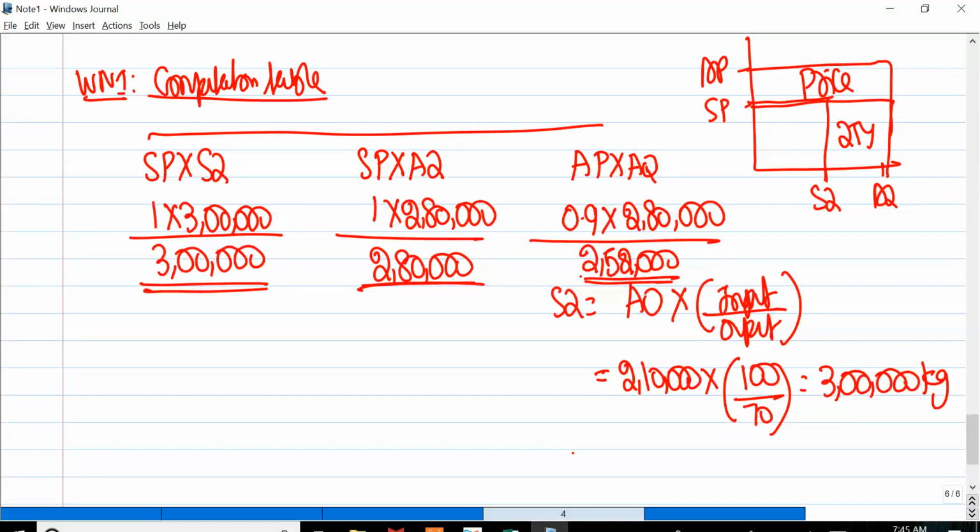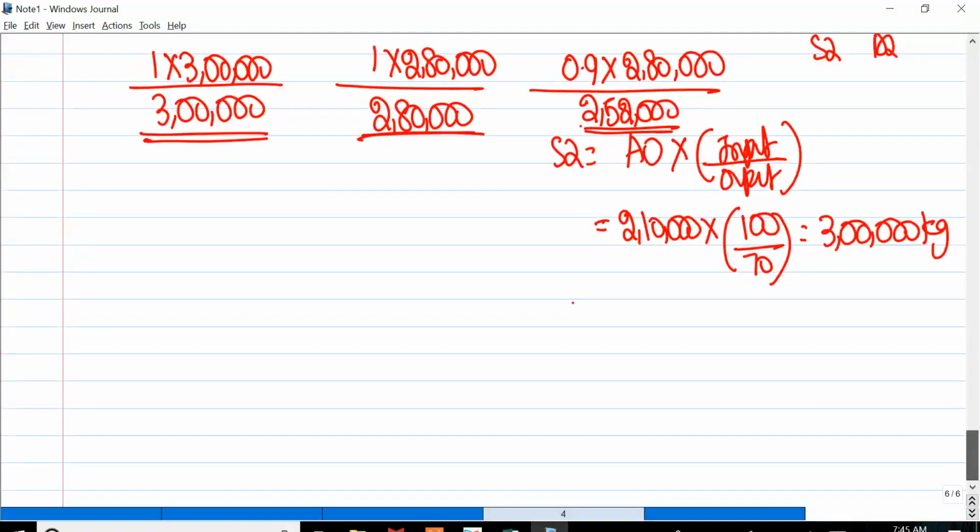Can you proceed? Now come down. Material cost variance equal to the smallest rectangle minus the biggest rectangle. What is the formula? I want everyone's participation. SP into SQ minus AP into AQ. Write the formula. Material cost variance equal to SP into SQ minus AP into AQ. 3 lakh minus